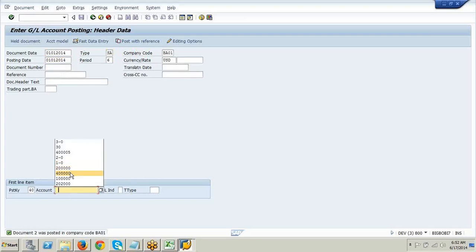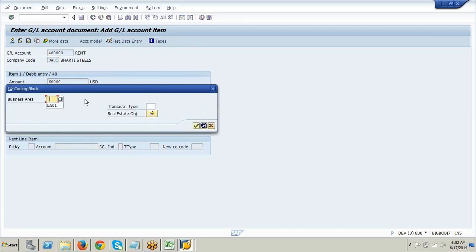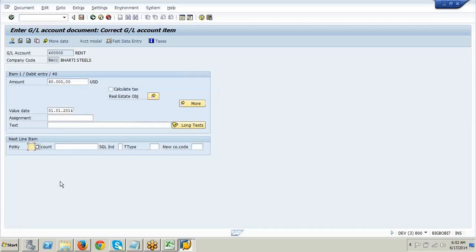Same entry I'm posting again. Rent. This time I'm saying around 60,000. Here, see more data over here to get to that field. I'll give BA02. Continue. Now I'm trying to make you understand business area also. 2 series.